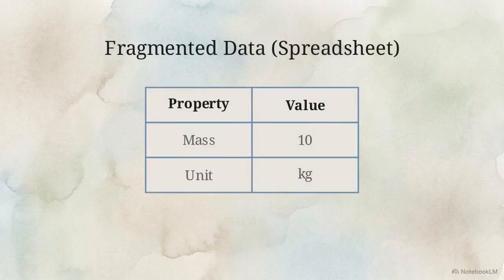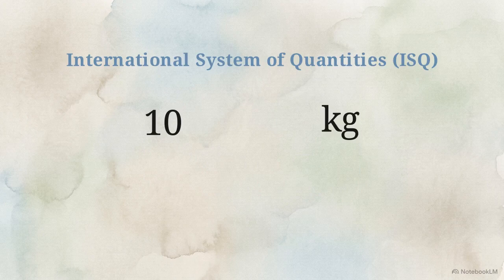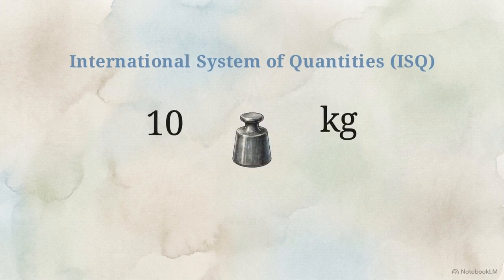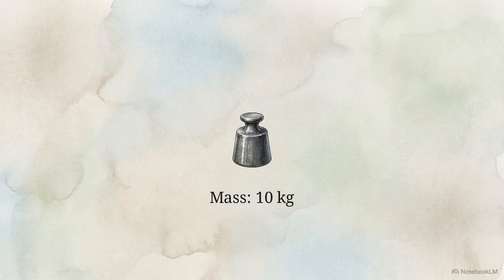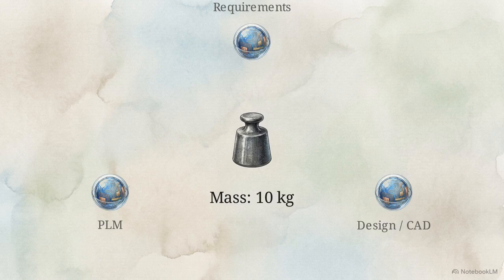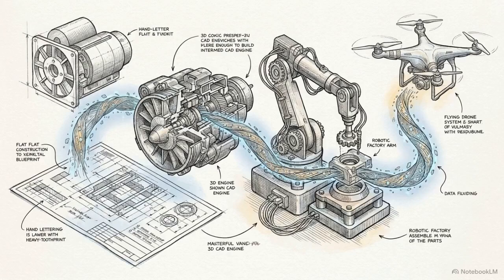This chart compares the two approaches. In SysML version 2, data is explicitly bound to the International System of Quantities. The machine understands 10 and kilogram represent physical mass. Because it's machine understandable, it uses standard APIs to serve data across the engineering ecosystem. SysML version 2 creates live data links to external tools. If an engineer increases a part's mass in the main model, the system instantly recalculates technical performance metrics across every connected analysis tool. This live synchronization forms a digital thread, where every data point actively maintains the system's integrity throughout